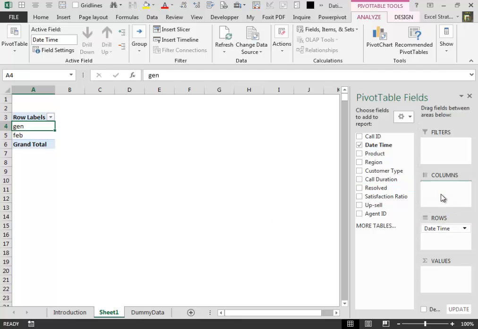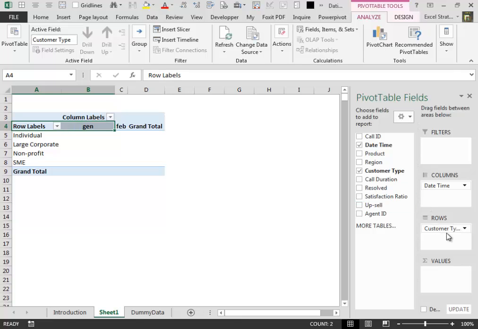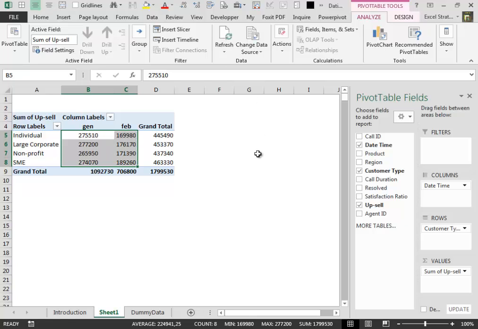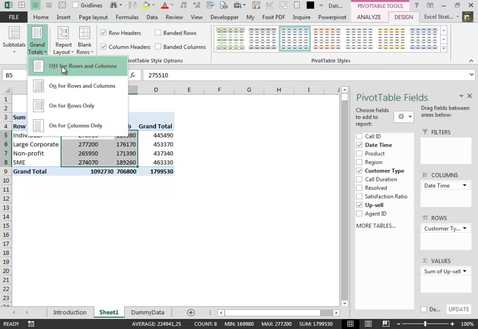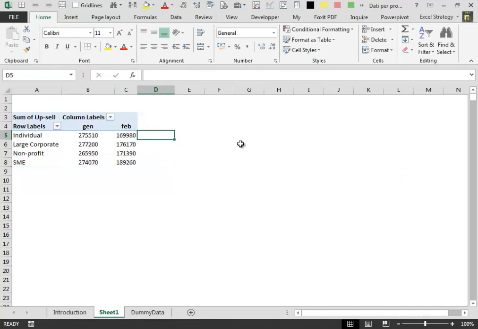Now we move the months to the columns field. We center it. Then we take the customer type and we drag it into the rows field. Then we put in the values field our values that we want to analyze. Then we switch off the totals for the rows and columns,